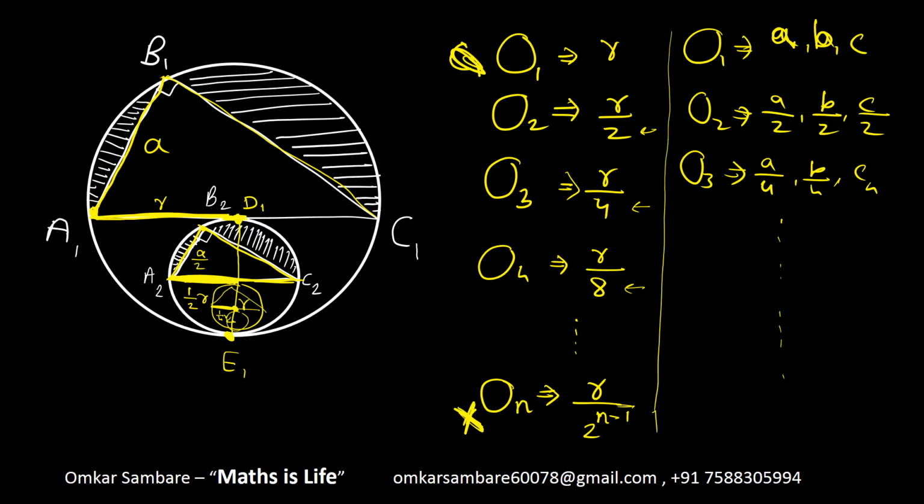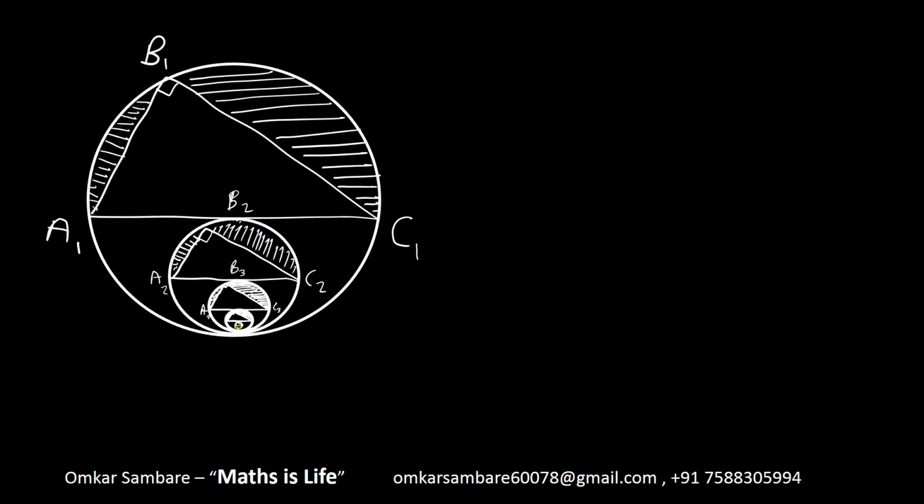Okay, now we are going to find the area of all circles. But instead of taking the circle, I want to take the semicircle. I discussed previously why I am interested in the semicircle and not the circle. So I will take the area of the first semicircle, that is this semicircle, and it will be pi r square upon 2.